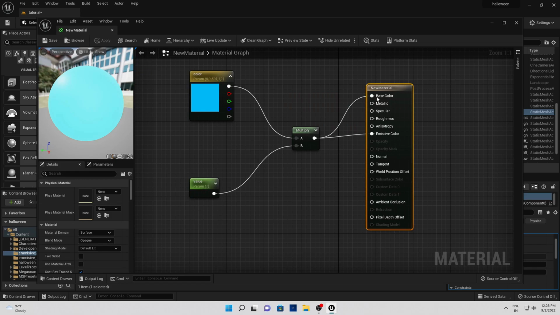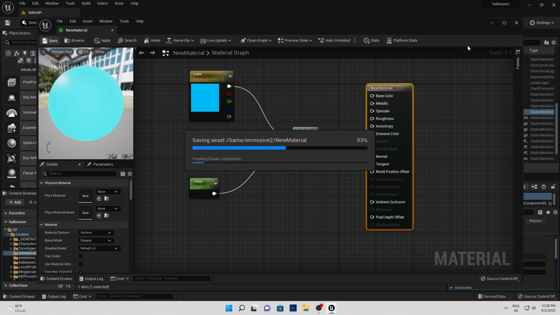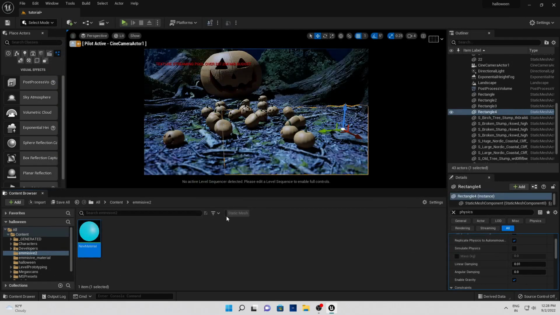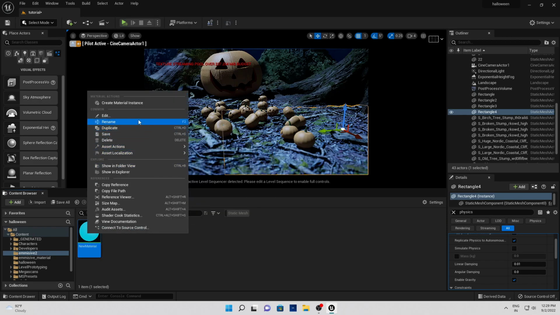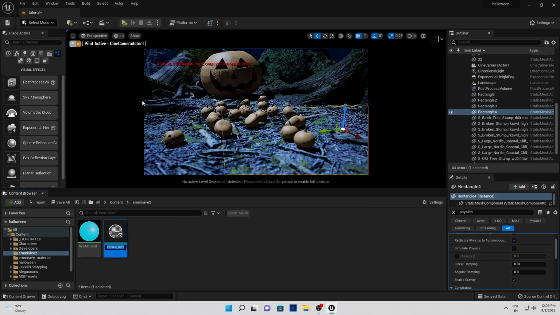Actually I don't want to connect this to base color, so I will simply remove this node, and I think that's all. So save it again, and let's close this. And again what I will do, right click on this material and create material instance and rename this as emissive sphere